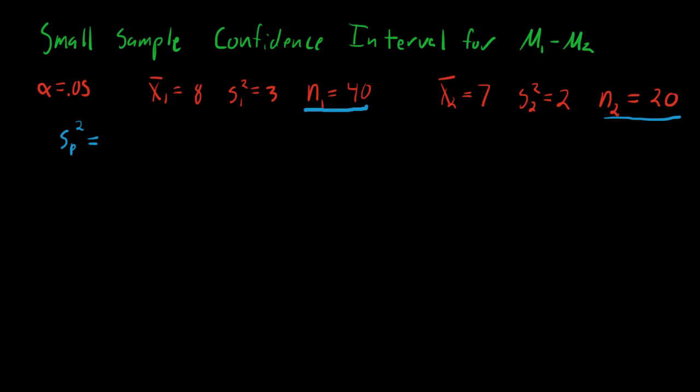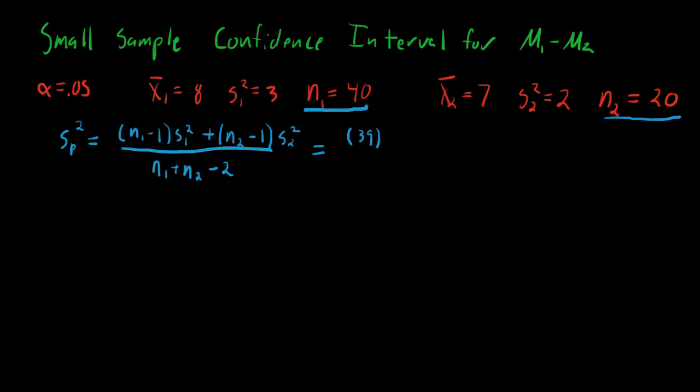And we have a formula for that, which is equal to our n1 minus 1 times s1 squared plus our n2 minus 1 times s2 squared, all over n1 plus n2 minus 2. And if we fill in values for that, we get our n1 minus 1, which is 39. So we're going to 39 times our s1 squared, which is 3, added to n2 minus 1, so 20 minus 1 is 19,